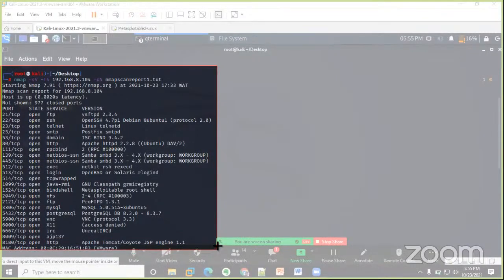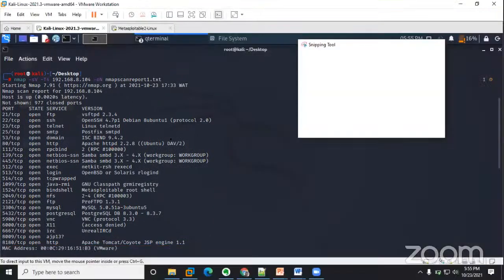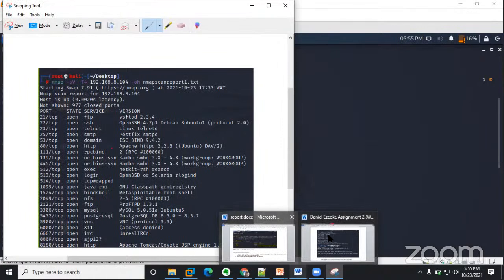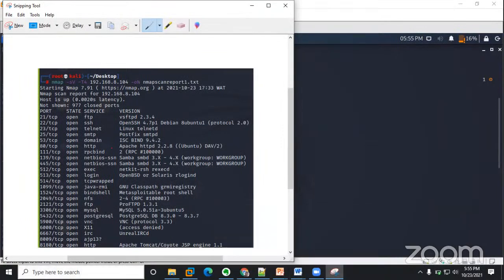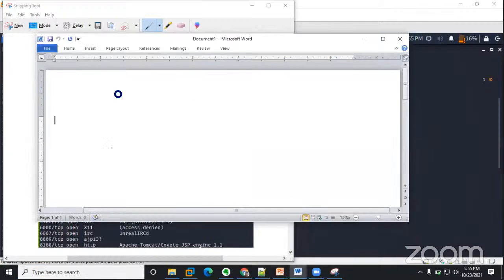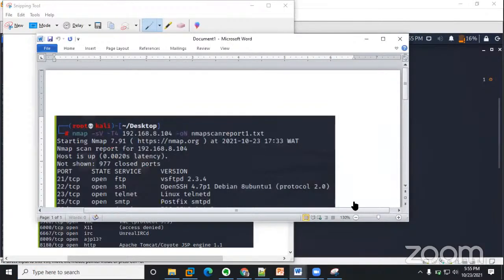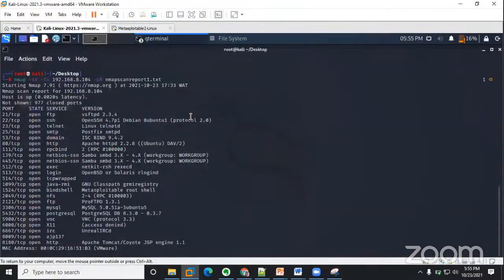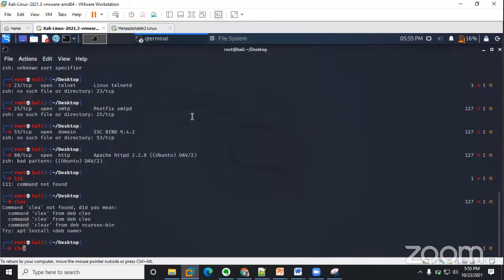Okay, so I want to save it in a document, right? Okay, so I'm just going to save it. Okay, so now I'm going to clear the screen so that I can run